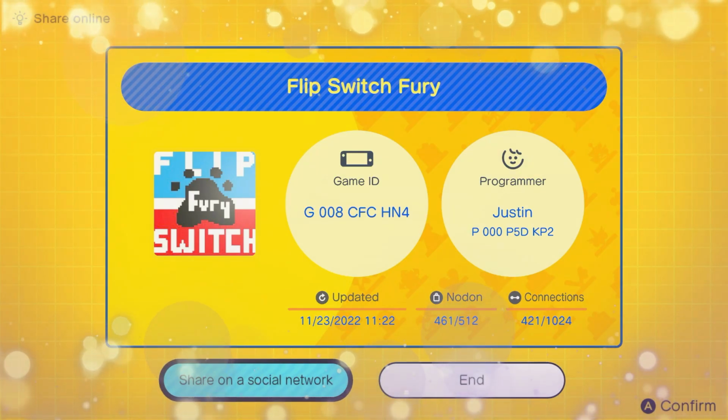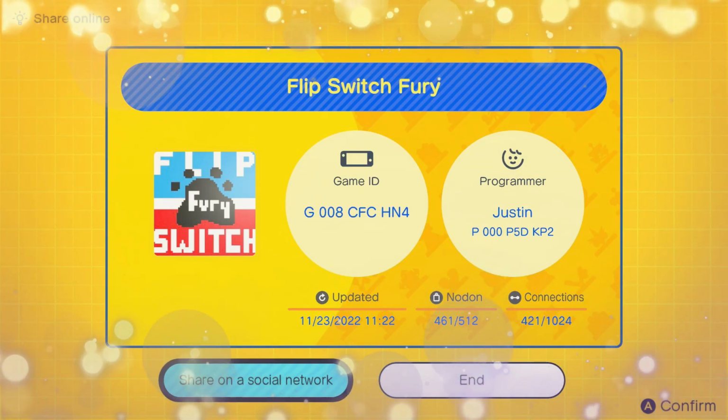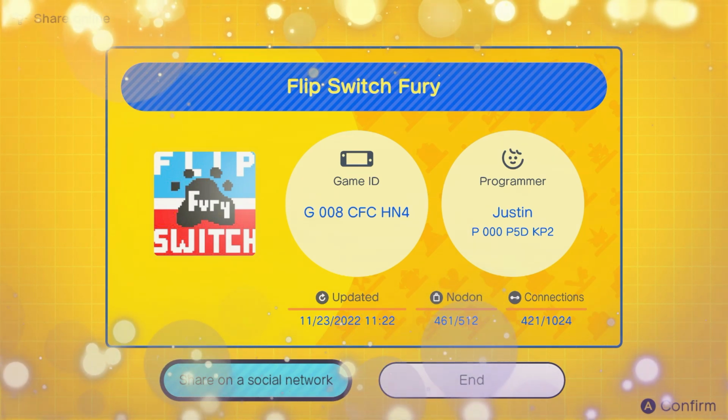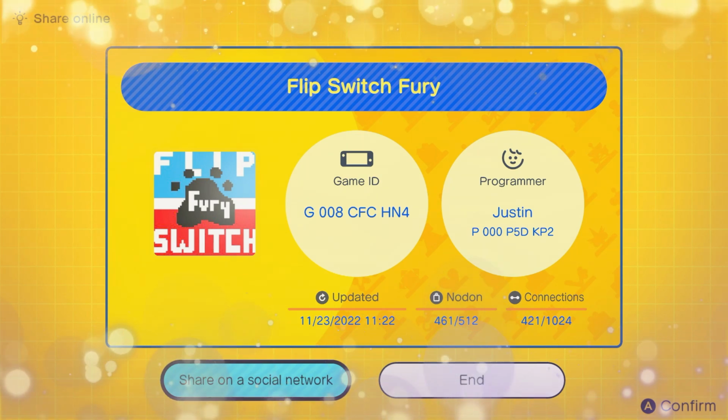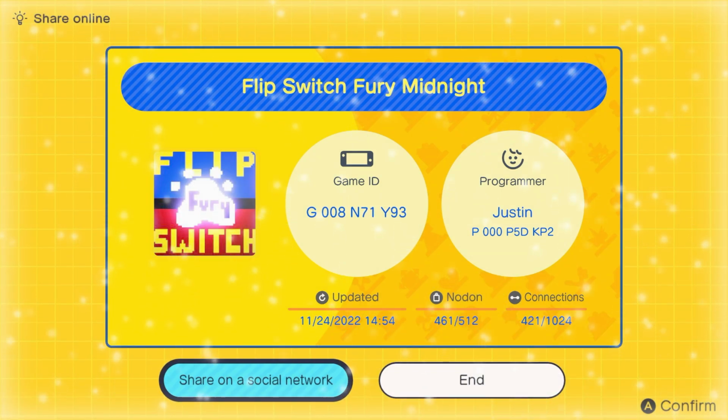Since you guys stuck around to the end and were so kind, I want you guys to be the first ones to be able to play my new game I made with this mechanic called Flip Switch Fury. It's based off of the Bowser's Fury Island. And here is the code for Flip Switch Fury Midnight. This is kind of the cool neon version in the dark of night. It's so fun to play both of them, so give them both a shot and let me know which one